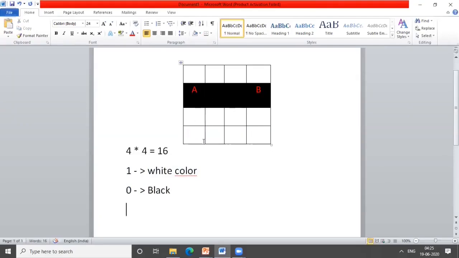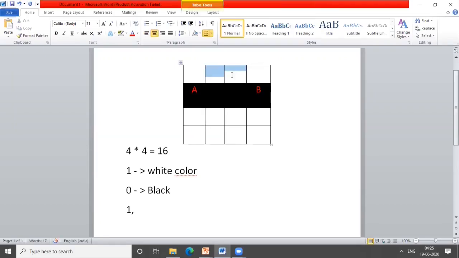So assume that this is a raster image. If this is a raster image, how is it getting stored in the memory? Please try to understand. In a raster image, the intensity information of all pixels will be stored in the memory. So let's start with this first pixel. What is the color of this first pixel? It is white. So white means 1. In the memory, 1 will be stored.